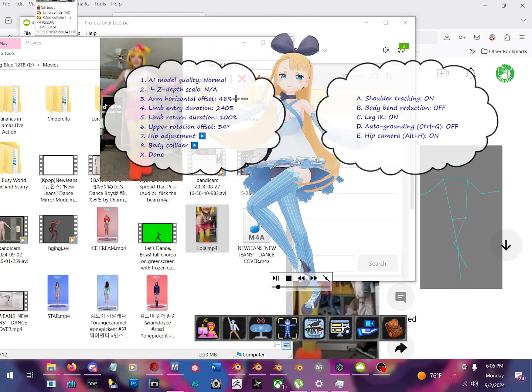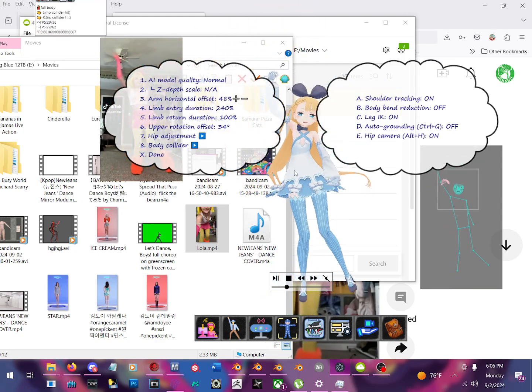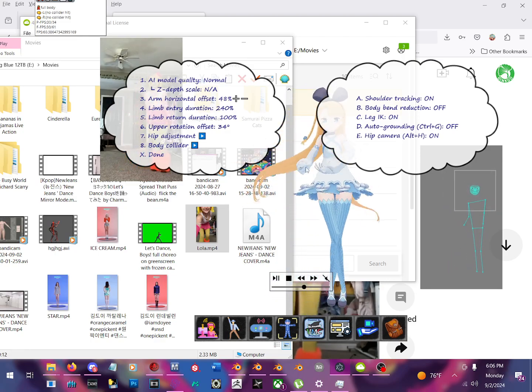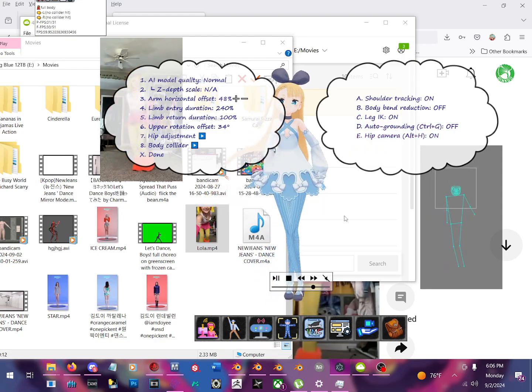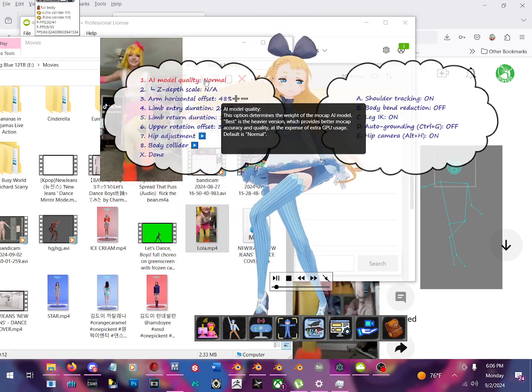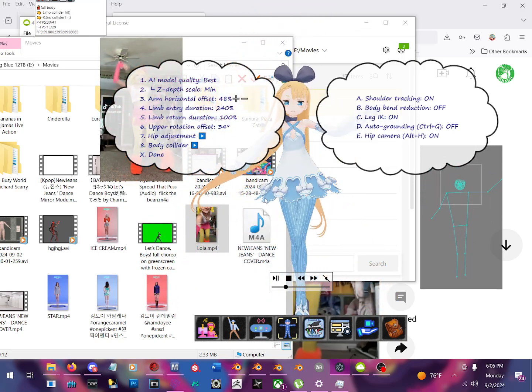which is why she's looking at me like, you made me stop just for this. But that is okay, and you can see the difference between having the normal one on and not having the normal. So I like to just put it on best. Now, when it's on best,